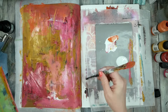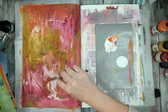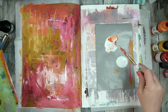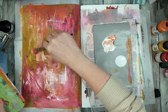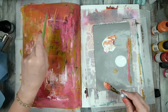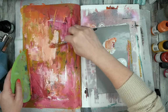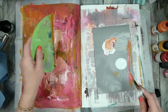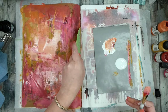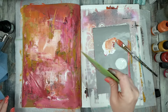And you can tell too, we can see the underneath peeking through there. So, win-win on that one. Do we want to put that stencil over here somehow? Maybe not. Maybe we just want the layers of paint to be out here complementing whatever we have on the other page. I mean, we've got the stencil on the other page. I'm kind of thinking and painting at the same time here. Okay, I kind of want...